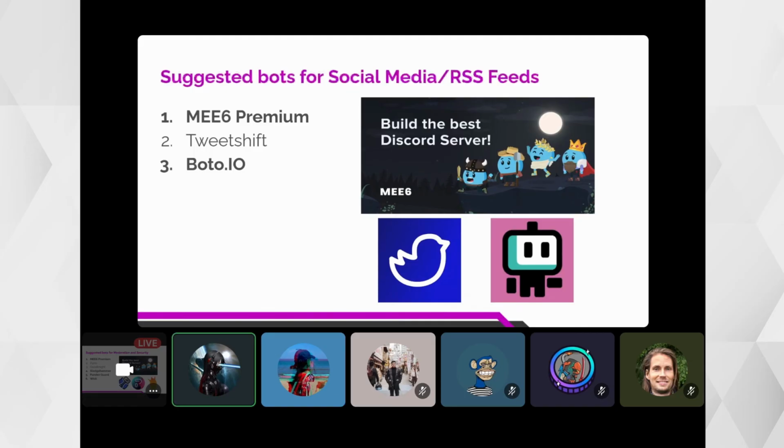And then Boto.io, this is actually a new bot. We use this for customizing RSS feeds. For example, you see here in Token Mines, we have our own Token Mines plug. We also have some news coming from Cointelegraph, NFT calendar. So the RSS feed coming from their media platforms is directly integrated to our Discord server through the Boto.io bot. So setting these things up, I'll also discuss in the next course.